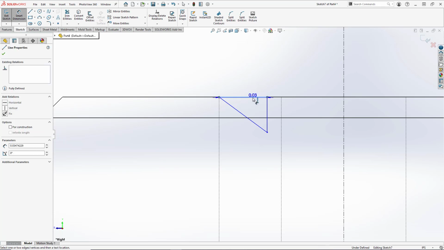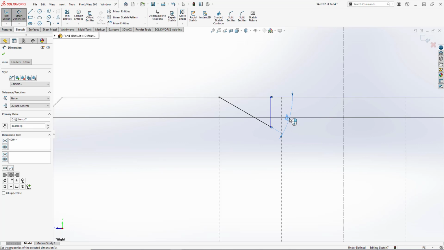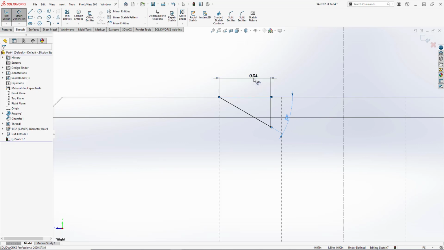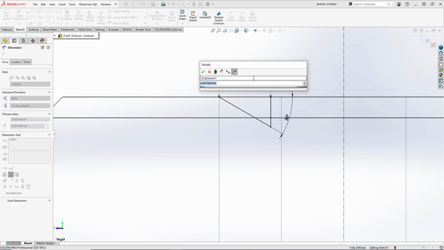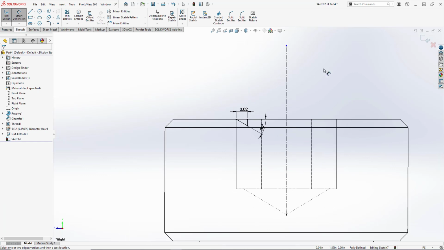And we'll set the angle here to be 30 degrees and the top dimension to be 0.02. And our sketch is now fully defined, so we will exit our sketch